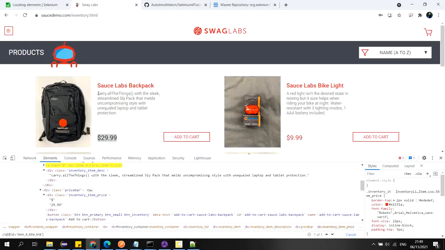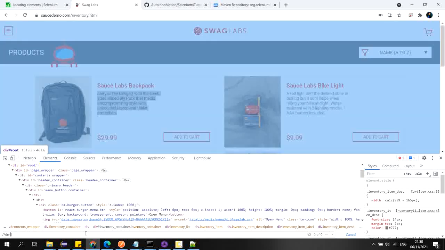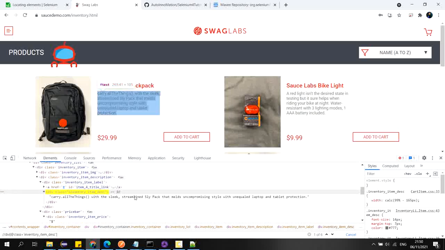I want this description, actually this text. Let's check the div class and identify this. If I try to get this text with an XPath, it doesn't have any unique ID or unique attribute that I can use to identify that particular text. It is returning me 6 elements.